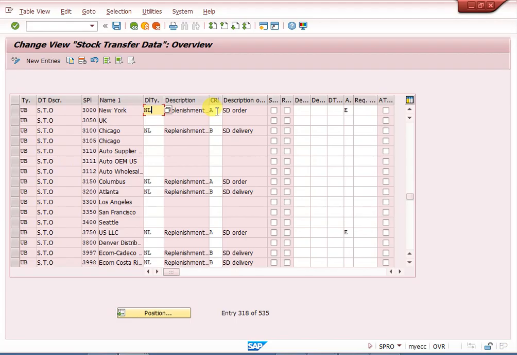SD order related. This is order related. That means we are sending goods from 3000. Next, 3200: UB 3200 NL, same NL we have picked. It is delivery, that means we are receiving goods. NL is my delivery type. Whenever we are doing delivery, in VL10B system will automatically pick NL here. In intercompany stock transfer also the same steps are there. I will explain it in the next video.